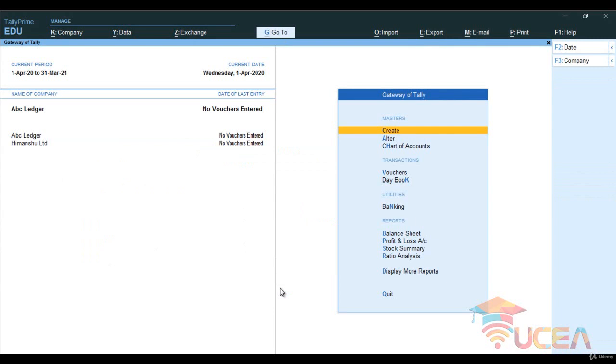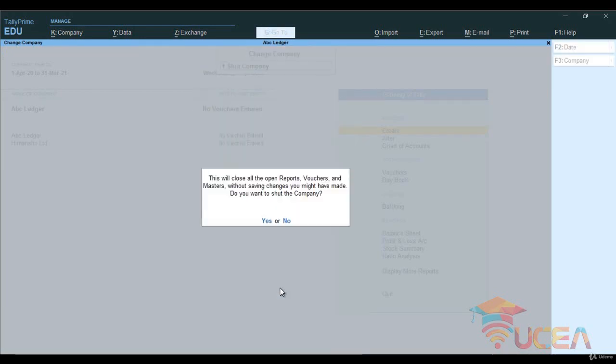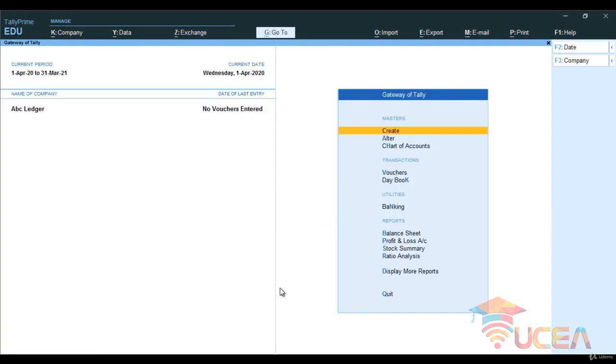Okay, the company ABC Ledger has been created, and it is active also. Himanshu Limited is not required, so I'm going to shut it down. So go to shutdown and Himanshu Limited. Fine. Right now we are in the ABC Ledger company.